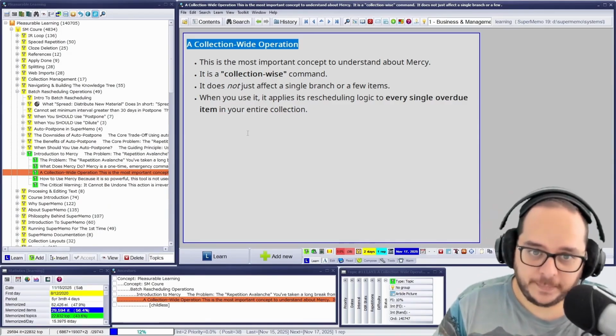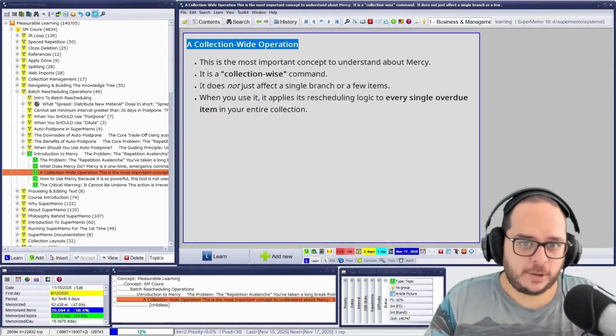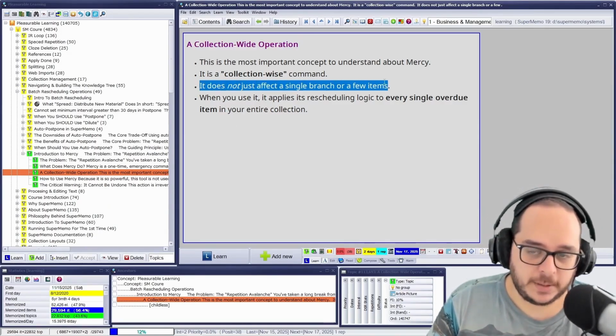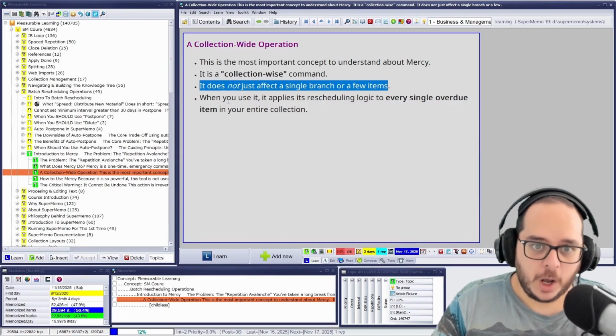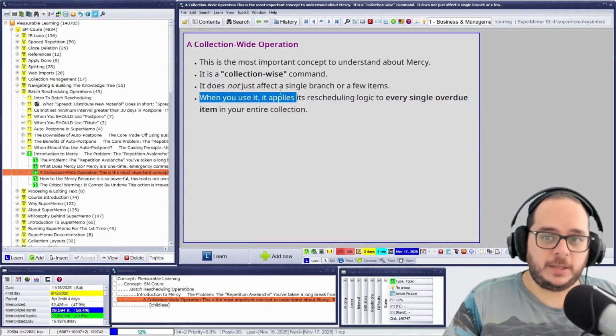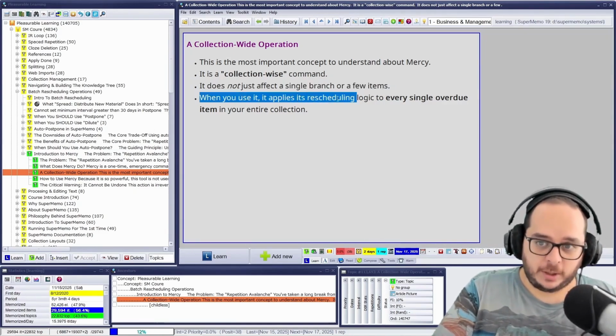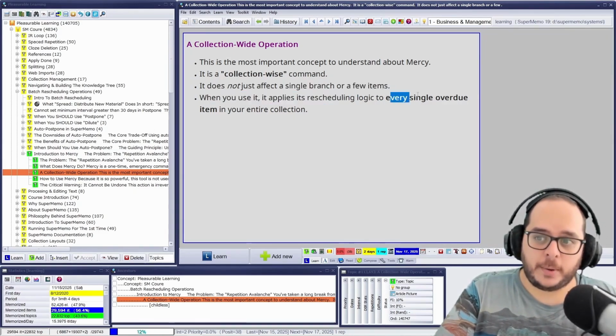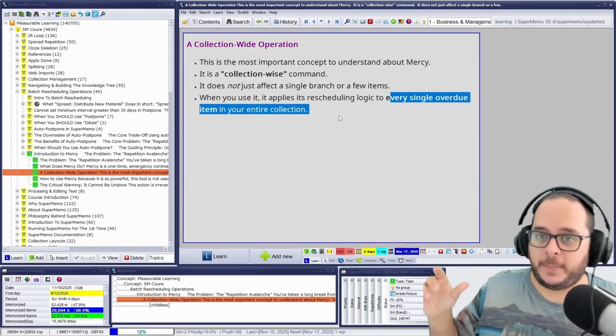This is very dangerous. It does not just affect a single branch or a few items, but all of them. When you use Autopostpone, when you use mercy, it applies the rescheduling logic to every single overdue or due item in your entire collection. But it depends on the scope.